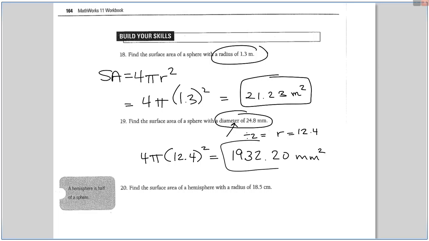All right, the last question on this page is hemisphere. Do you guys know what's the difference between sphere and hemisphere? Half the sphere, good. So like if you're in the northern hemisphere on planet Earth, you're in the top part,